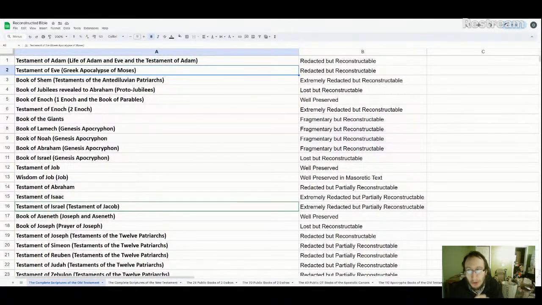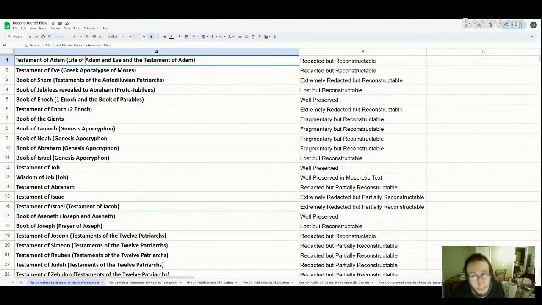So in this case, it's obvious that the Testament of Eve, or the Apocalypse of Moses as it's called, could not have been originally written by Moses because it's very clearly from the perspective of Eve herself. So it makes sense that it would be an ancient document older than Moses and not the actual words revealed to Moses. And we do have, interestingly enough, the life of Adam and Eve does seem to be quoted or referenced by Paul in the New Testament, and he seems to endorse it as authentic. So that's an interesting thing.